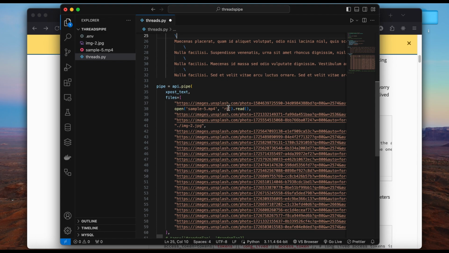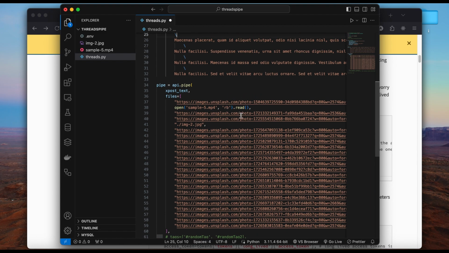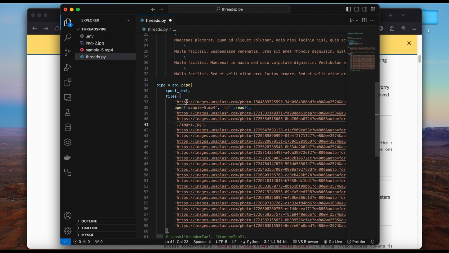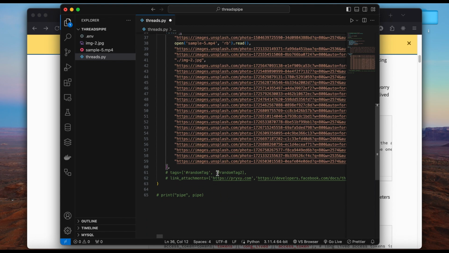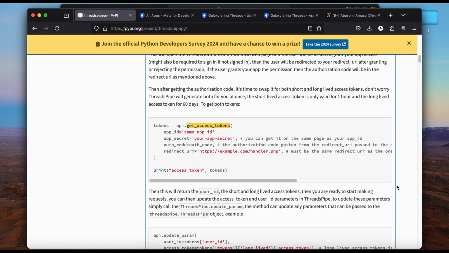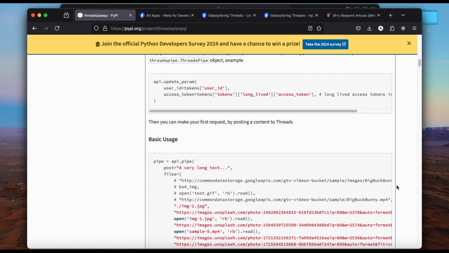Then the following batches are not going to have any media because it has exhausted the passed-in 22 or 24 media. Yeah, and there are also other options that you can pass into the pipe